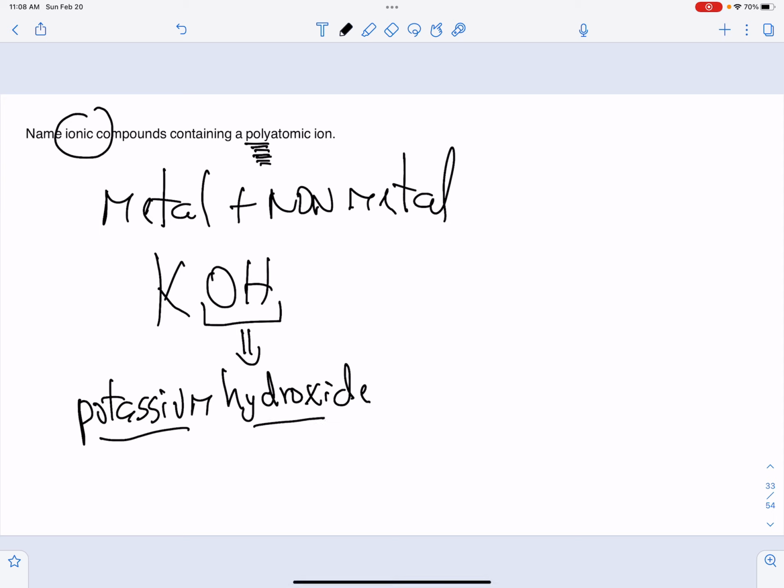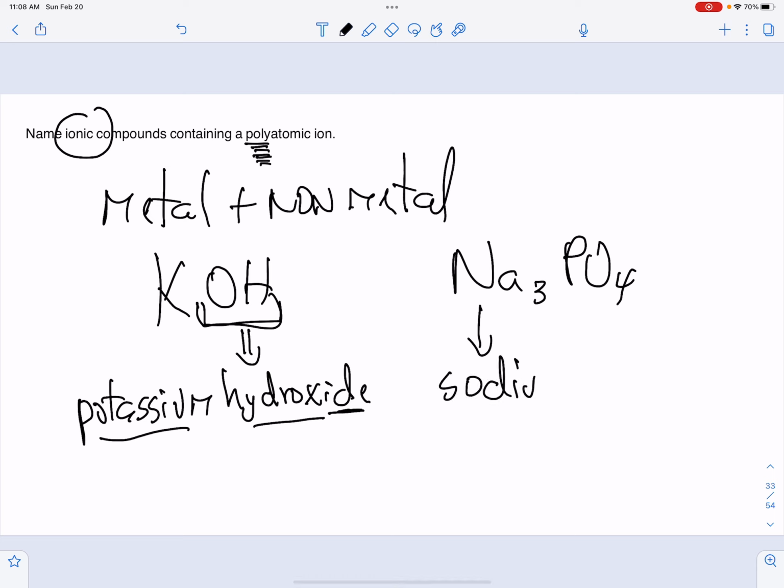You don't have to modify anything. This one, the name is already modified with IDE. If I have, for example, something like this, from the periodic table, sodium, from the polyatomic ion, phosphate. So just put the name according to the table. And remember,